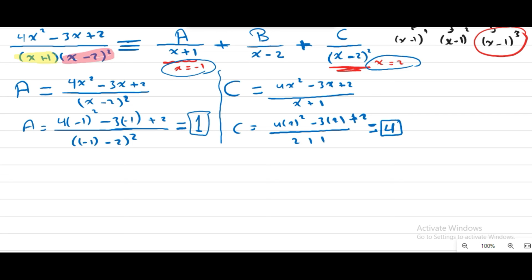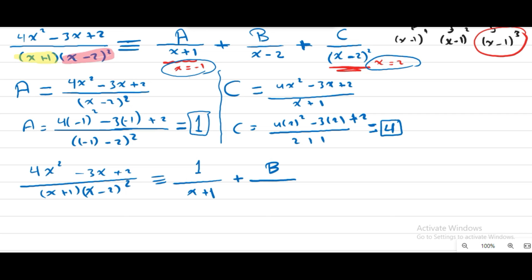So the expression will be 4x to the power of 2 minus 3x plus 2 over x plus 1 multiply x minus 2 all to the power of 2 equivalent to. Here in this step we have to put the values of the letters we found in their places. So 1 over x plus 1 plus, we didn't find B, so it'll be the same,